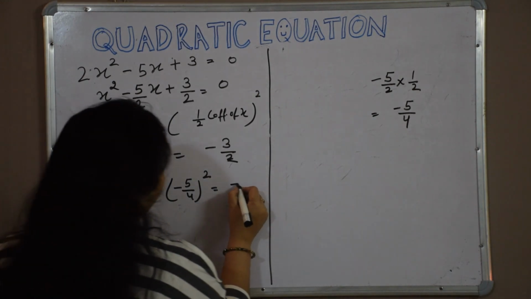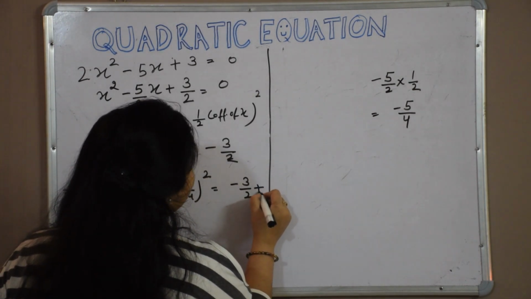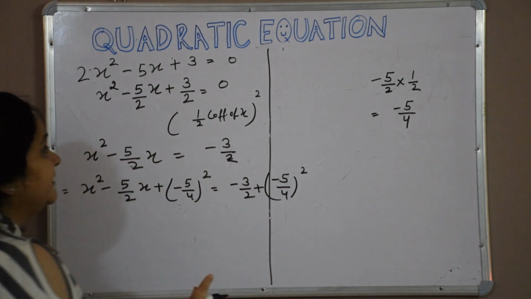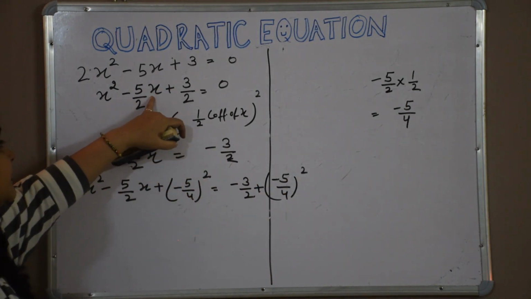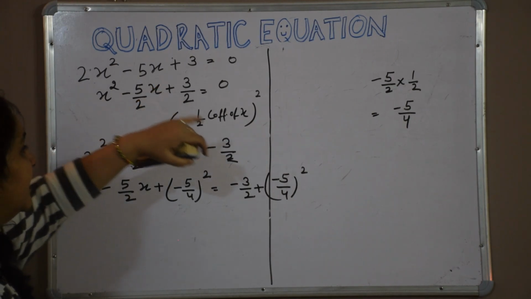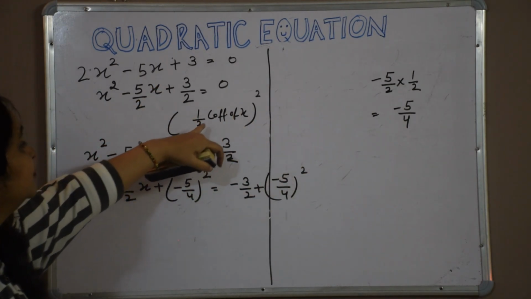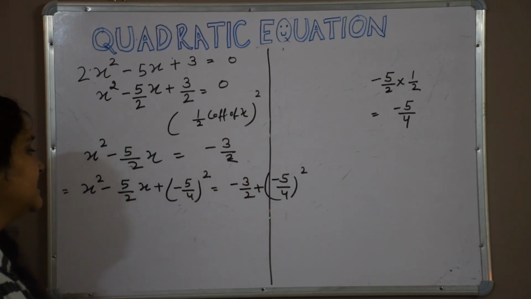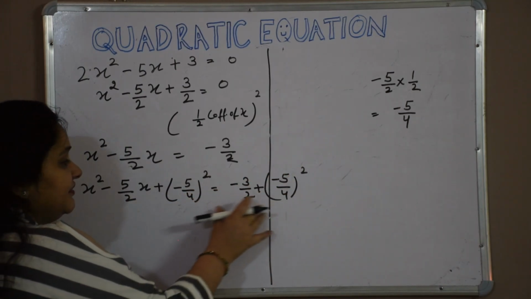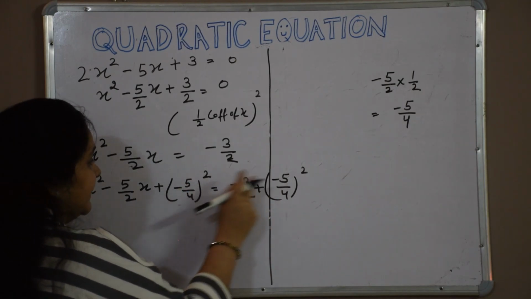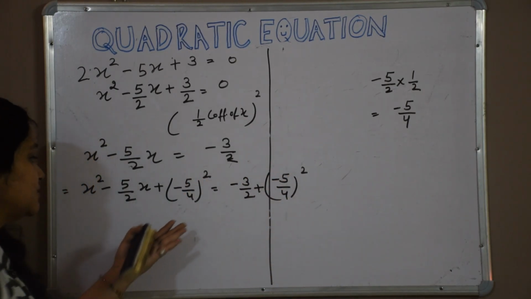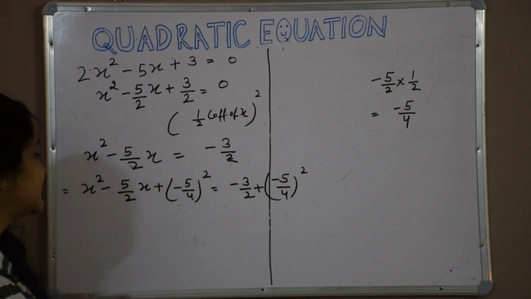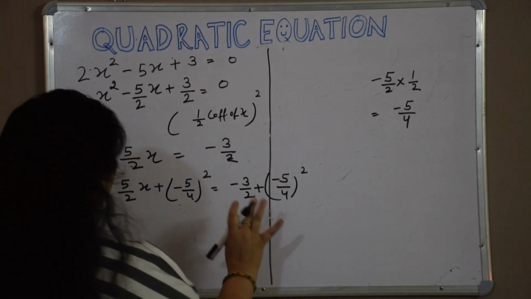We have to add it to both sides, left hand side and right hand side. What do we need to add to both sides? Whatever is the coefficient of x, take half of that, and half of the coefficient of x, whole square, you have to add to both sides. There is no problem: if we add something to both sides, there is no effect on the quadratic equation. Its value remains the same. So this we can do.